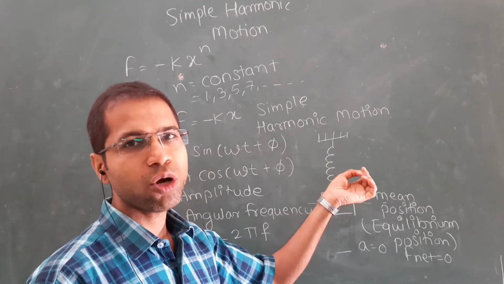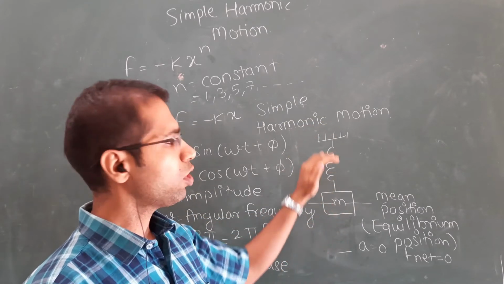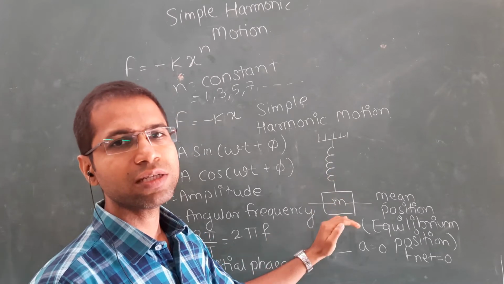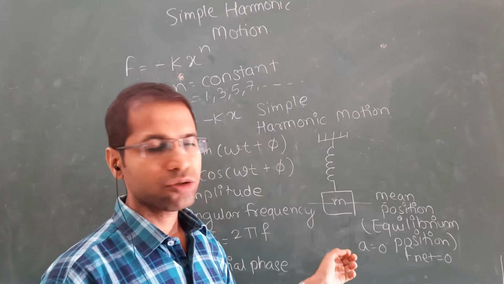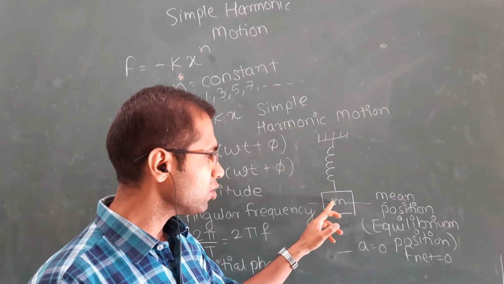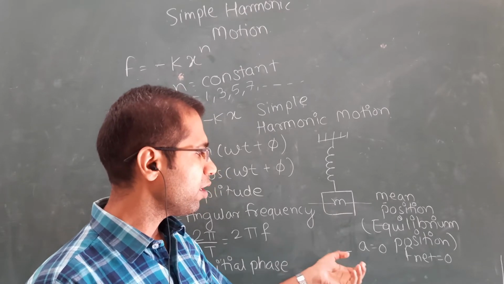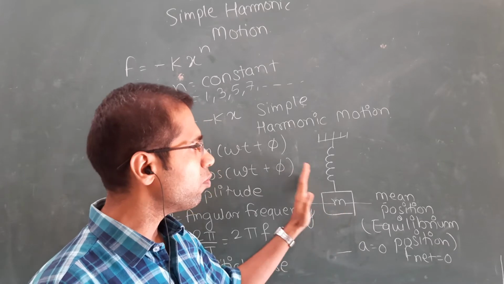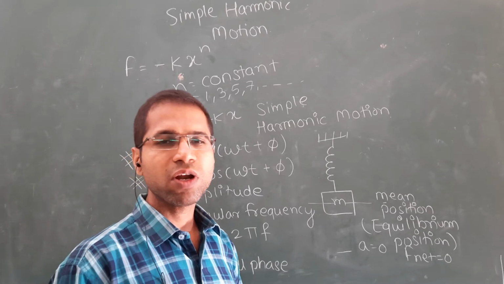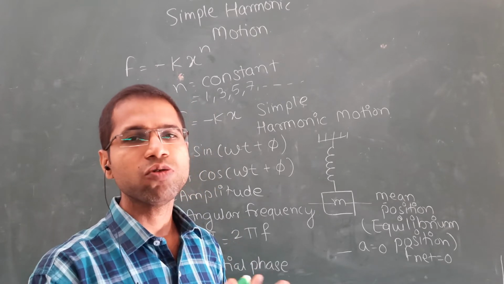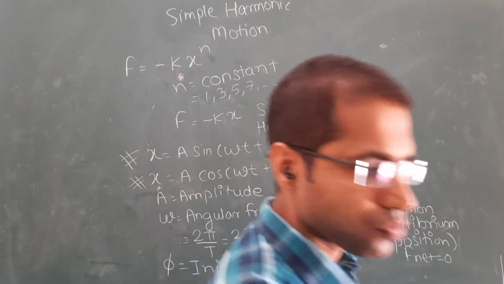Spring will try to pull the block upwards and this block will start oscillating. And this oscillation, whatever oscillations we are seeing, we can call it a simple harmonic motion. Many important concepts are coming in this part. So this is the mean position, the place from which the block is going to the maximum, that we call an amplitude, and many things will come here, but for that we will see one more diagram where we are going to discuss different velocities, accelerations, and how the variation of velocity and accelerations are going to change in this particular case.